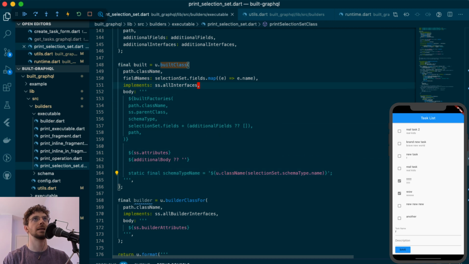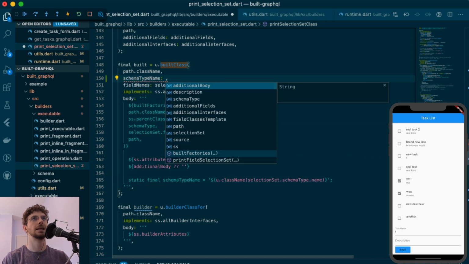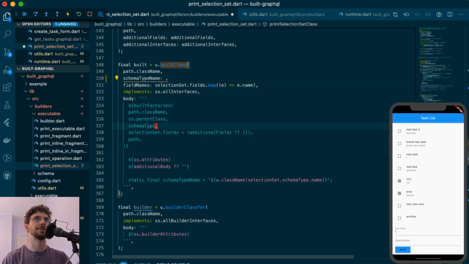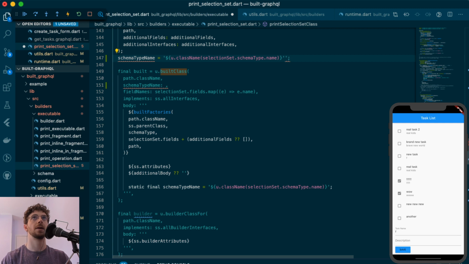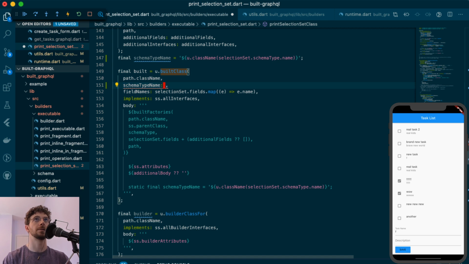Okay, I was thinking about making it a raw value instead of turning it into a string, but who cares? Probably more performant this way. Okay, so